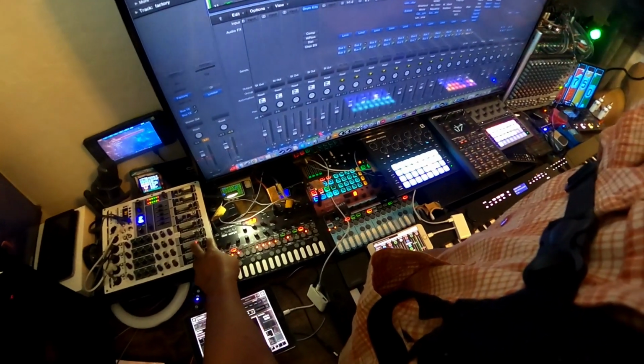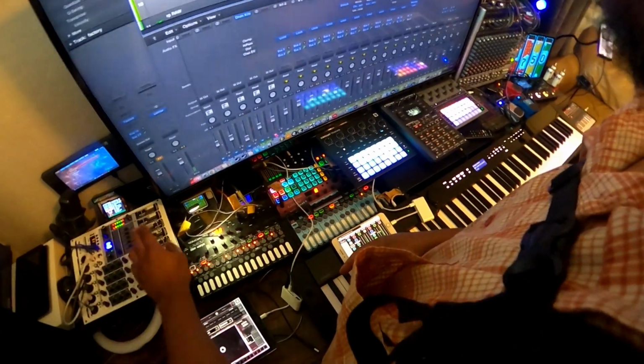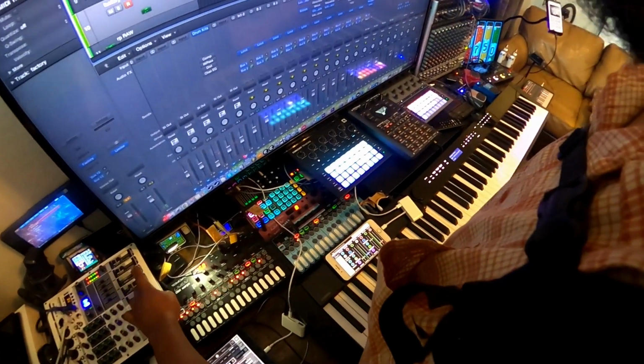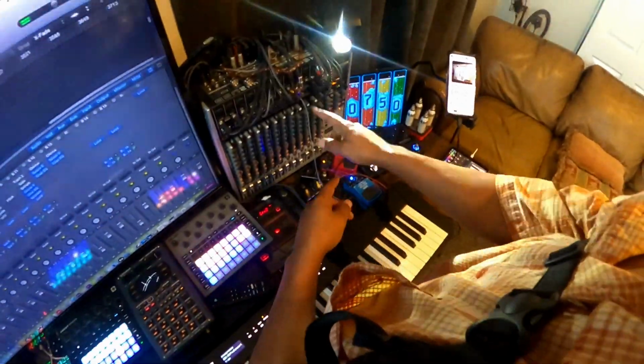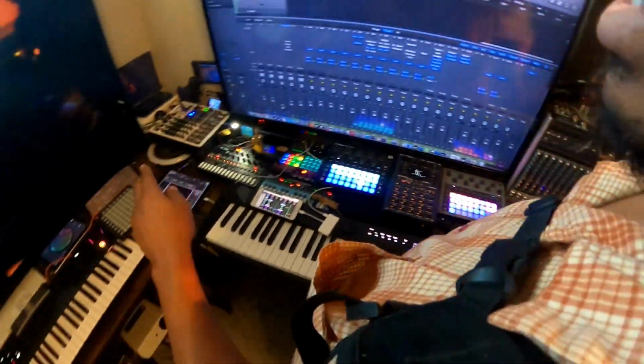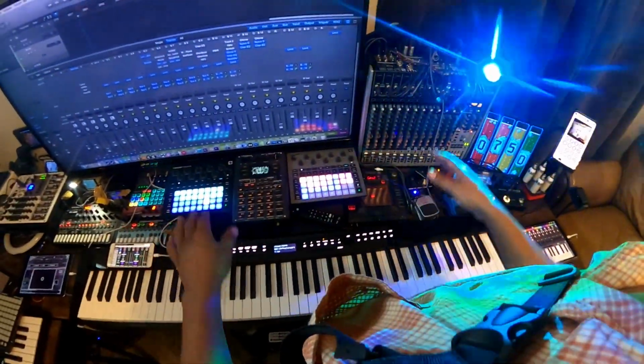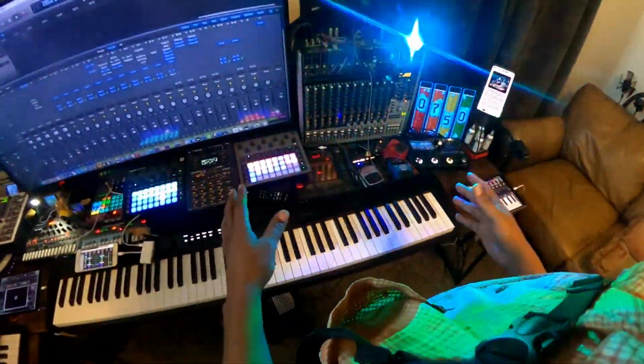Like channel 2 is just a feedback loop, a self-input loop of this mixer, and then 3-4 is sending to the big mixer, and the big mixer can send back to that one. So just the 2 analog mixers can make feedback loops, right? So it's all feedback loops, but